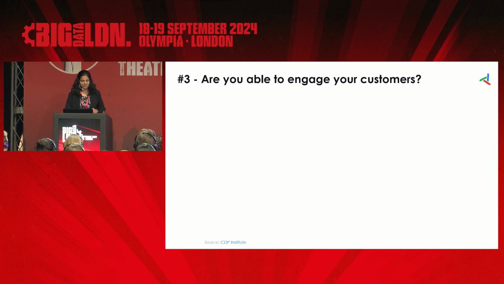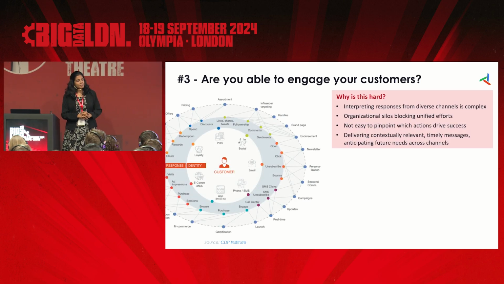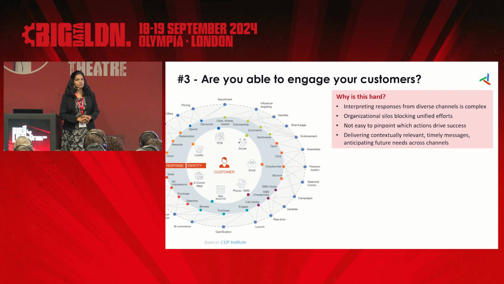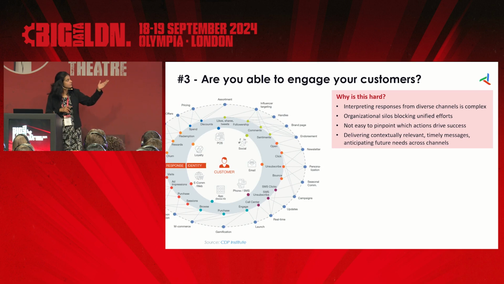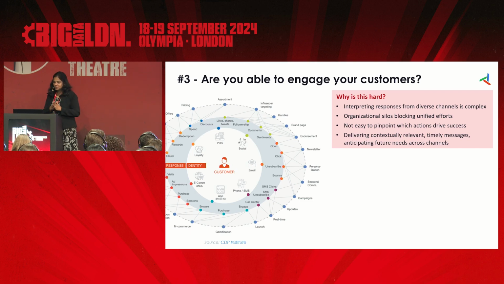Looks like I'll have to move a little faster because of the time, but the third thing is about how well you are able to engage your customers across channels. Again, an example of how complex the customer journey could get. In the middle, these are all the different channels they interact with. Then what are the kinds of responses? And if you have to take some actions on these responses and be able to reach that customer, there are a number of different possibilities, and you'll have to integrate a number of these data points to be able to do that.